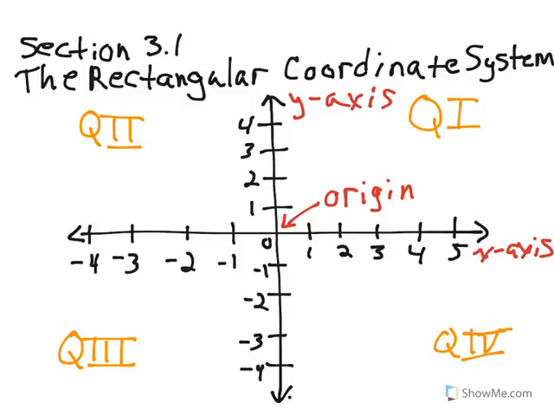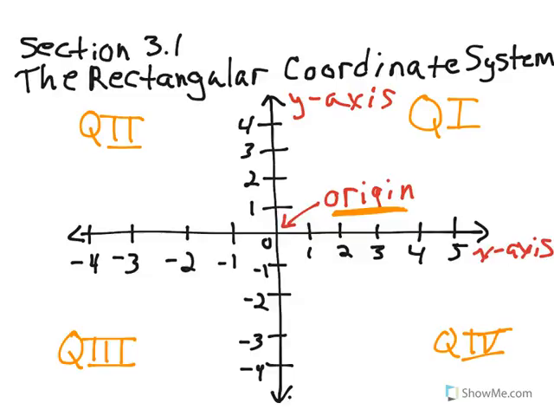Section 3.1, the rectangular coordinate system. The rectangular coordinate system is two number lines that intersect at the origin, which is point 0 on both number lines. They are perpendicular to each other, forming four